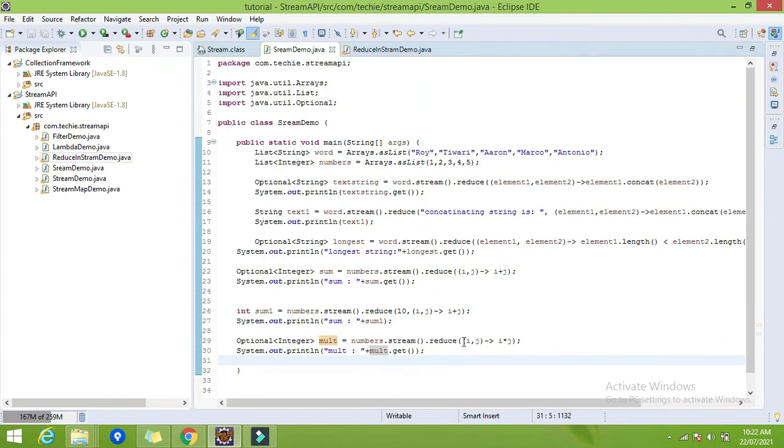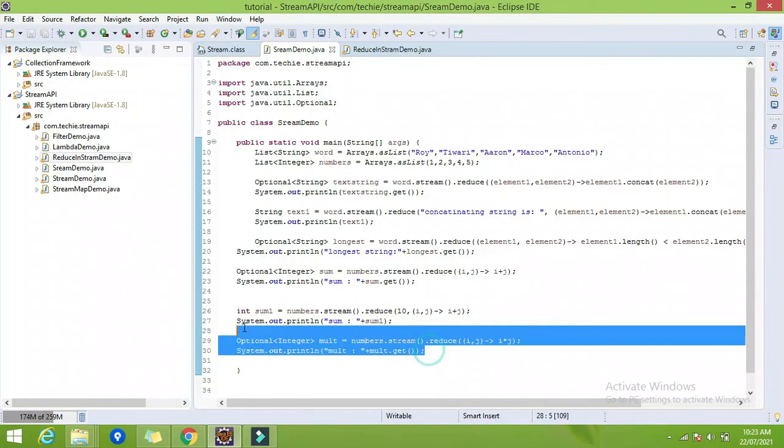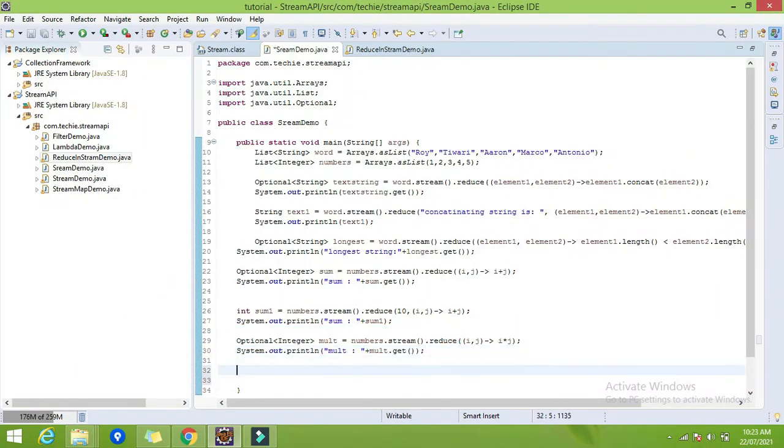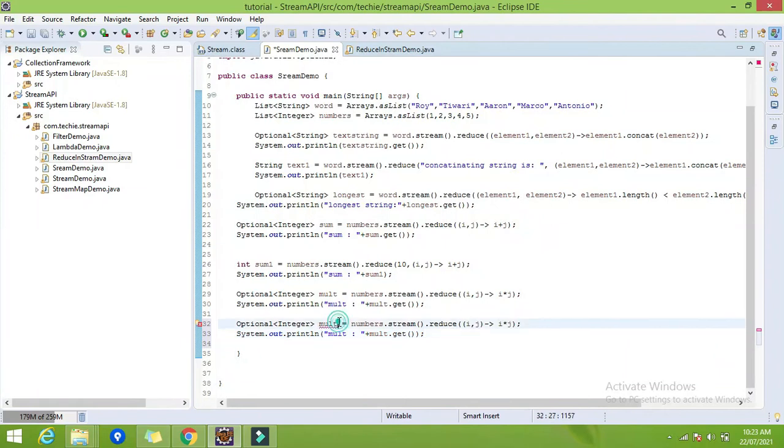Now what will be the output if I specify the initial value as 2? Let me create another variant. Tell me the answer if we use the initial value as 2. So then what will happen? Obviously, whatever the result of the previous one was will be multiplied by 2, because this will be considered as a parameter of the list, right?